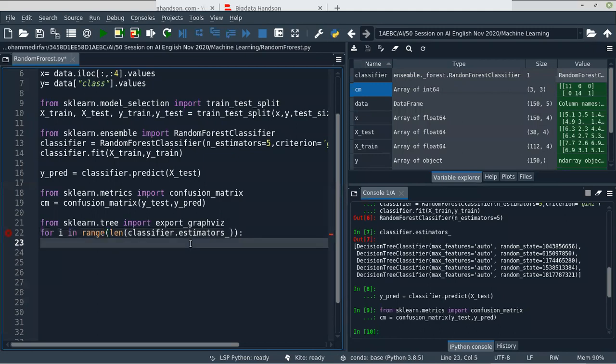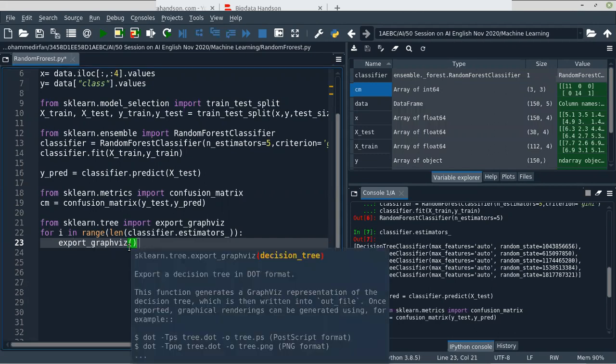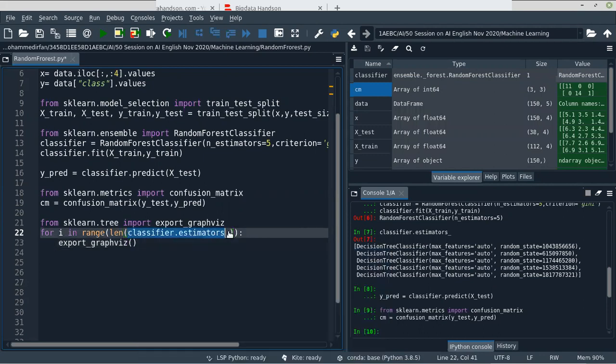Then we'll pick the first decision tree from the classifier estimators. We need to call the function export_graphviz, and here you need to give the decision tree. The decision tree is inside classifier dot estimators_.